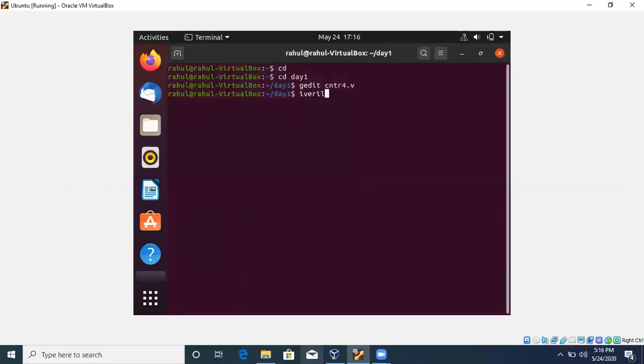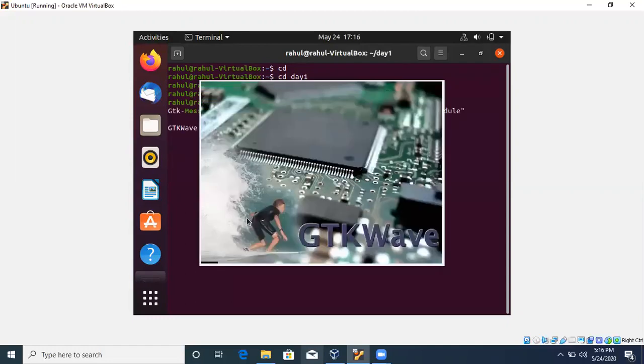For that, use iverilog -o, then the name of the file cntr4.vvp, cntr4.v, and to observe the waveform use gtkwave, and the name of the file, the module name, updown.vcd. That will open your waveform window.